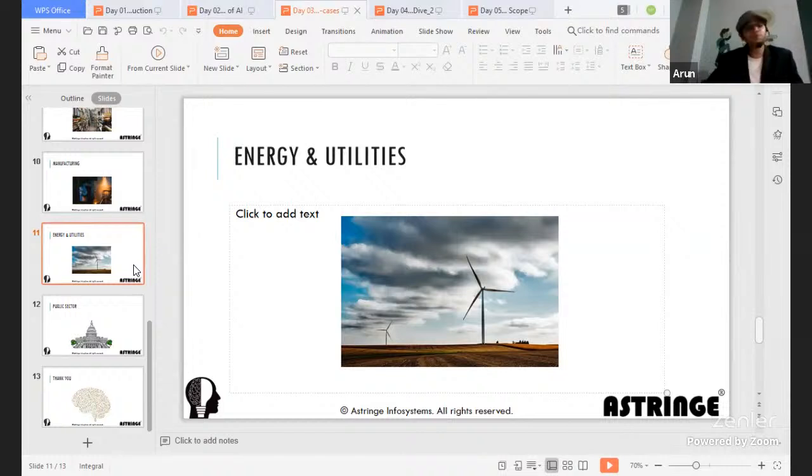Could be as simple as a light bulb, which I actually have in my home. What we can do is use a smart bulb, connect it to a cloud, and use an AI to identify how many hours I use the bulb and how many hours I don't. Right? This was not possible earlier unless you manually tracked it. Correct. So now one centralized system can track how much energy is being consumed per day in your place. So this is about energy and utilities where AI is impacting.